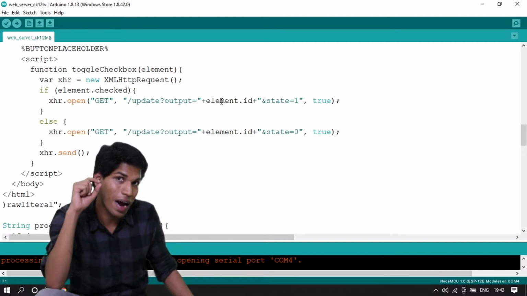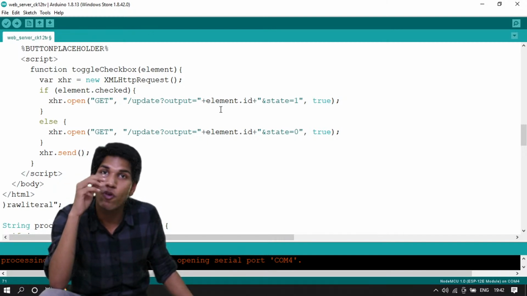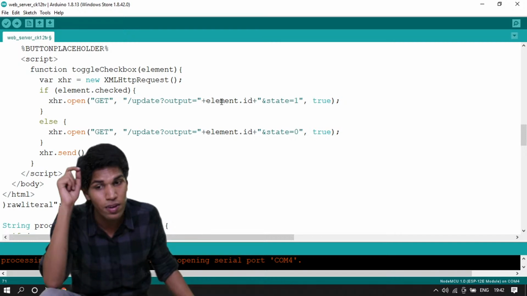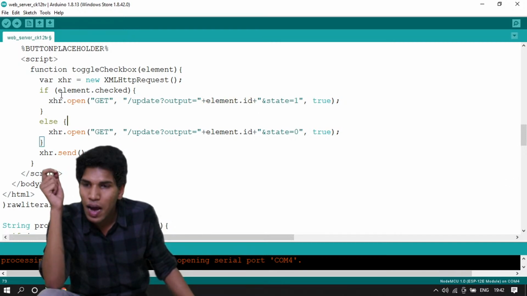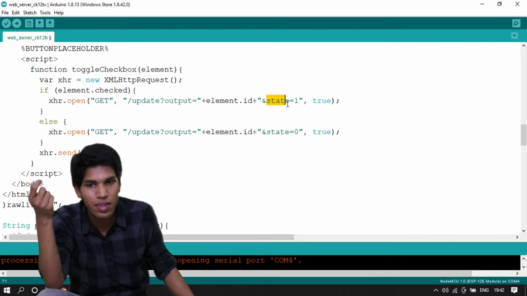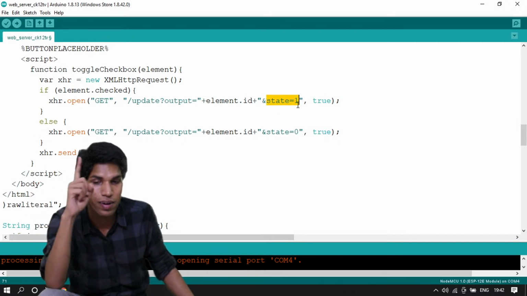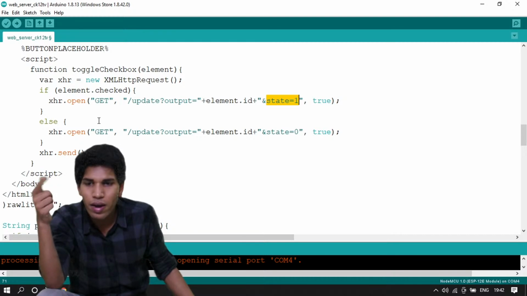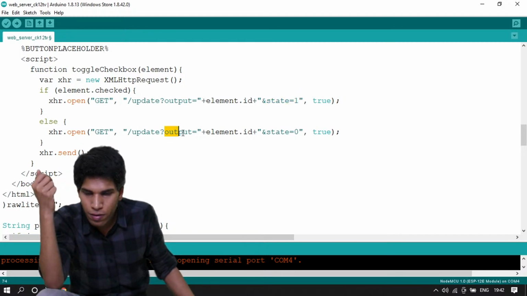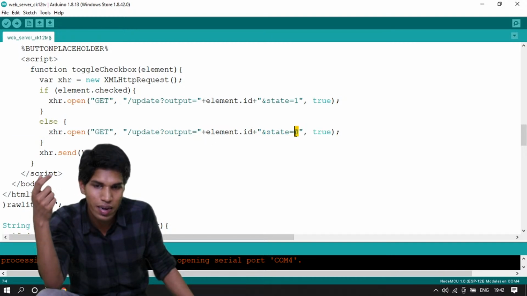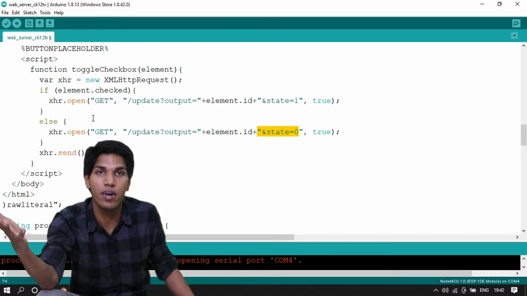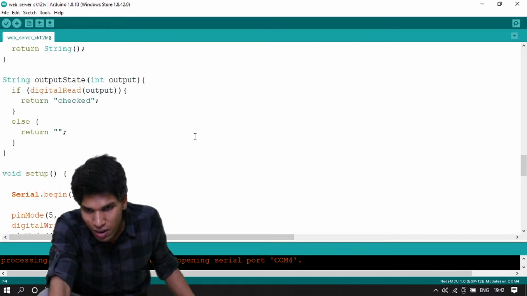We set the ID of the button. It was 5, 4, 2, or 14. Remember those IDs? So define the ID here. And because it's checked, we are defining the state of the button as 1. Or if the button is off, then for that element ID, define its state as 0 and send this request.